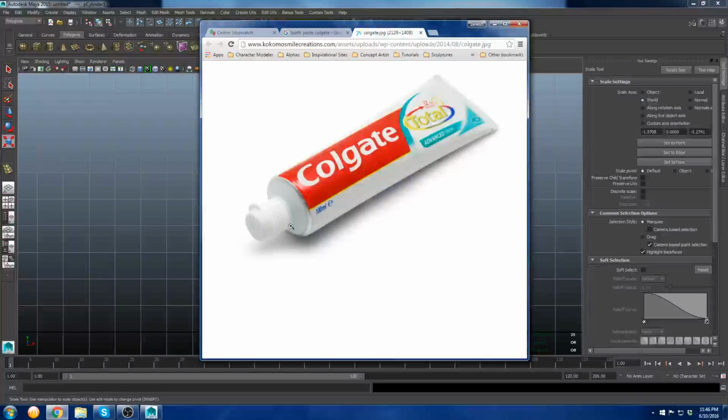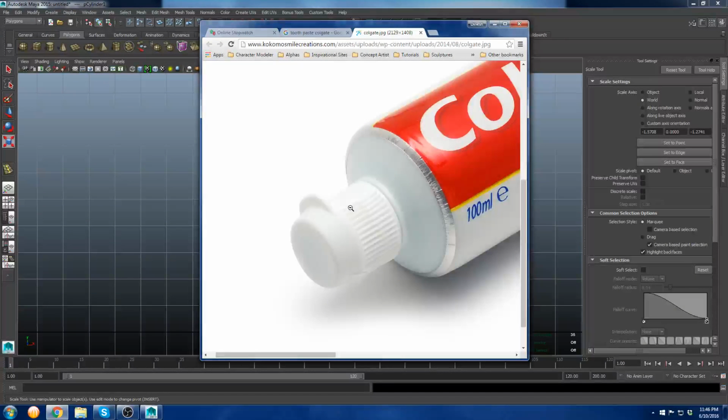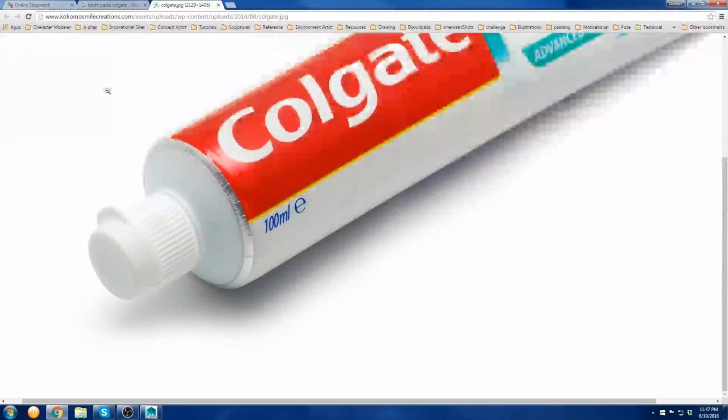So if I want to make this shape, you see there's quite a lot of detail. But this is the basic shape, so it's easy to do. It's going to be like a cylinder. So what I'm going to do,